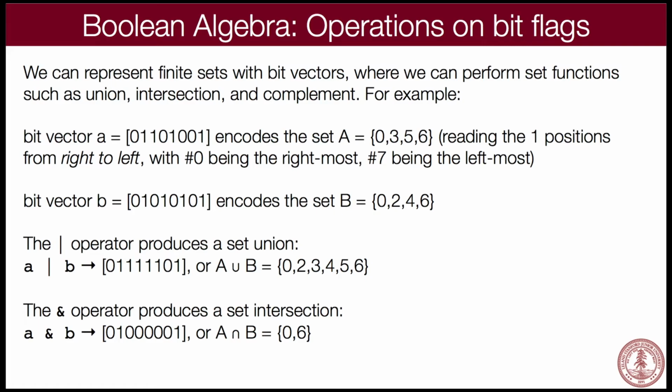And then we have bit vector B, 0, 1, 0, 1, 0, 1, 0, 1. And we can say that the ones represent their respective bit numbers, right? So this one, that's at the 0th bit, so the 0th bit is on. Nothing at the first, nothing at the second. The third one is a 1, so that's the 3 over here. Nothing at the fourth. The fifth and the sixth are both 1, so our bit vector is 0, 3, 5, 6.